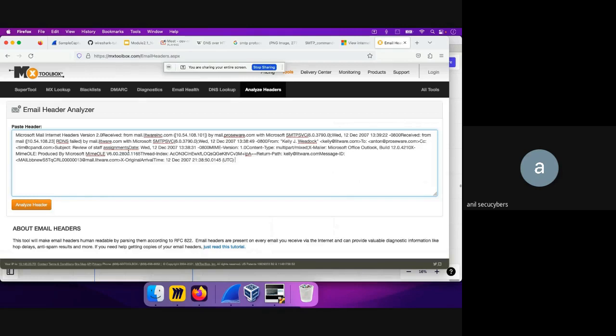Otherwise, the confidential data of your company will be leaked to a third party. So try not to do that. But for a normal scenario, to understand how you can do the analysis in a manual way, let's use this MX Toolbox. So if you just click on analyze header,